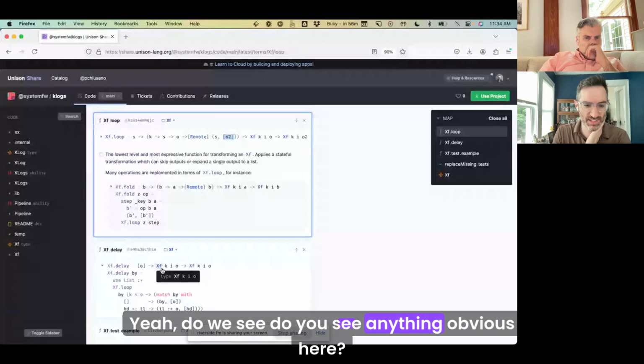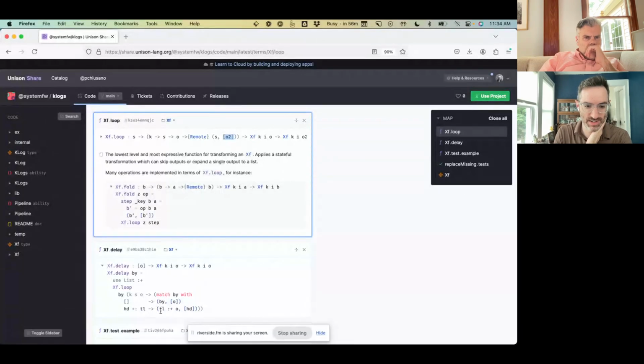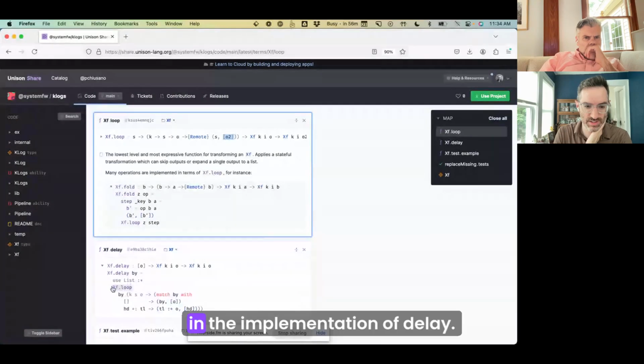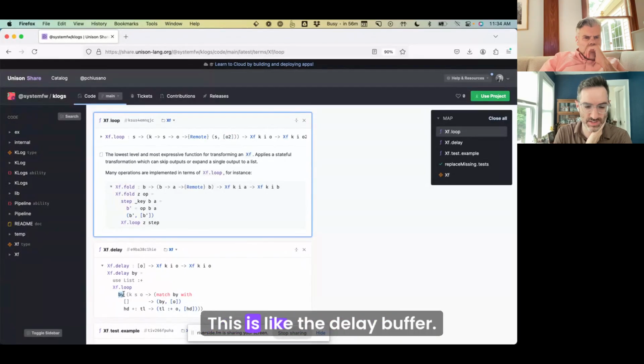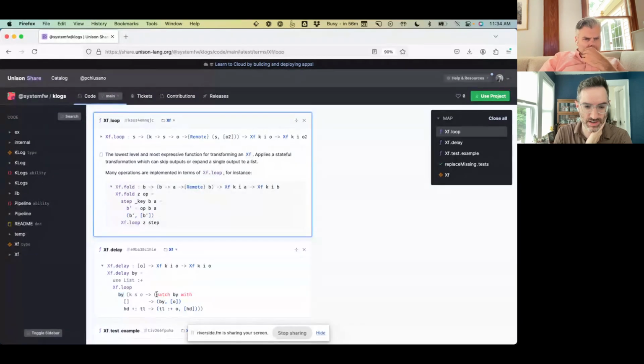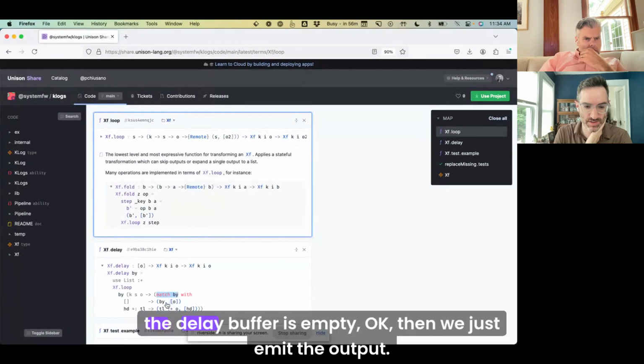So yeah, do you see anything obvious here? In the implementation of delay, we start with this. This is like the delay buffer, and then if the delay buffer is empty, okay, then we just emit the output.